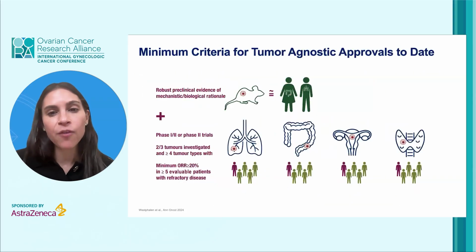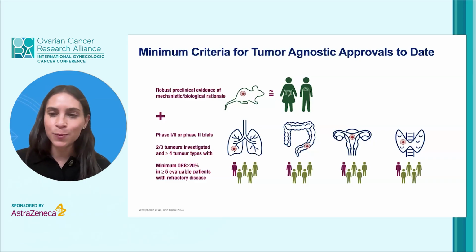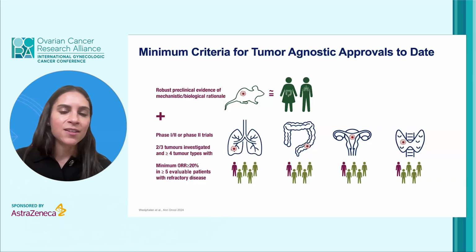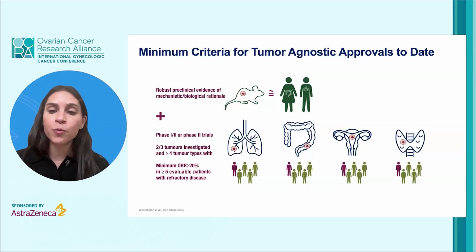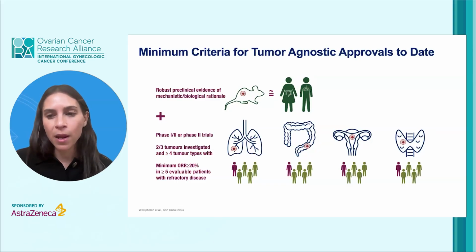So that makes it really tricky from a regulatory perspective. How do we know when to approve a drug in a tumor agnostic way versus just different disease-specific FDA approvals? And we looked back to see at all of the tumor agnostic approvals, were there some similarities in terms of what the FDA thought and what clinicians thought was necessary in order to have the bare minimum for a tumor